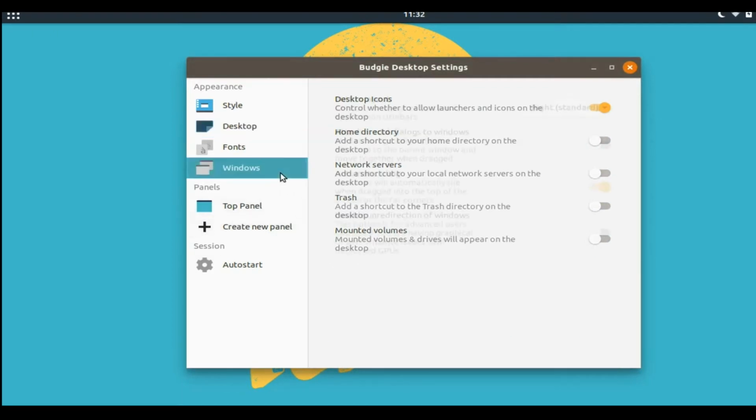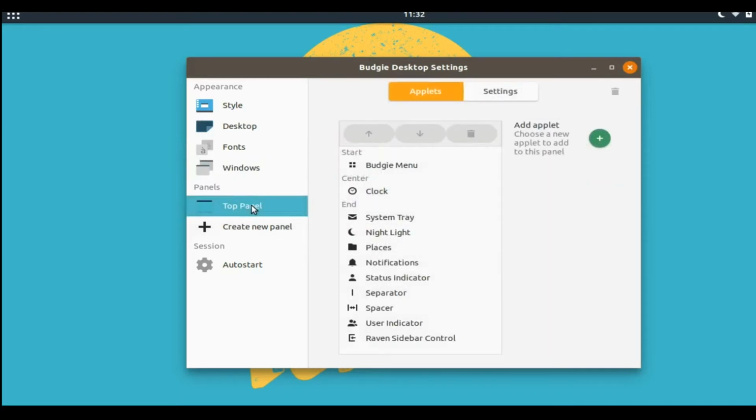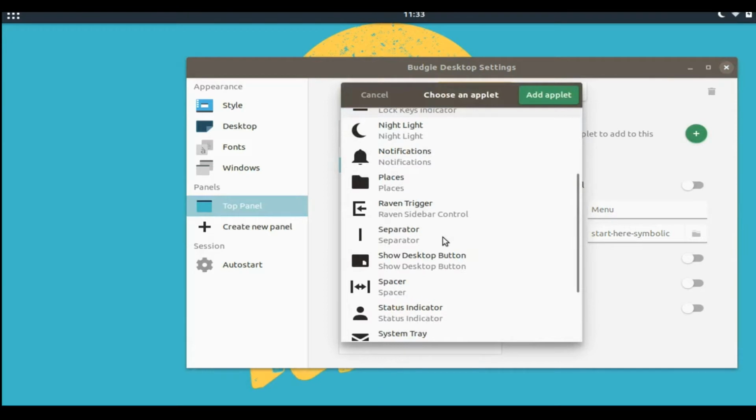And then we're going to go over here to Windows. This is all pretty much standard. We'll leave that alone. And then we're going to add something right away to the top panel. And so I find it very difficult with Budgie to find programs that you've minimized. The plank lets you get to them, but without the plank I find it very difficult. So I'm going to add the task list,